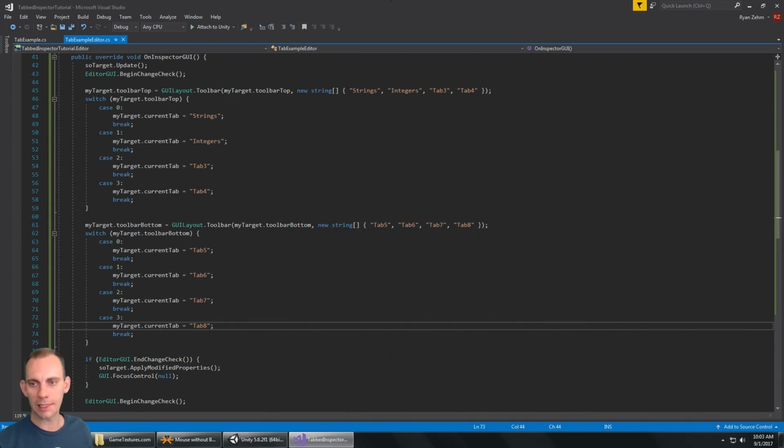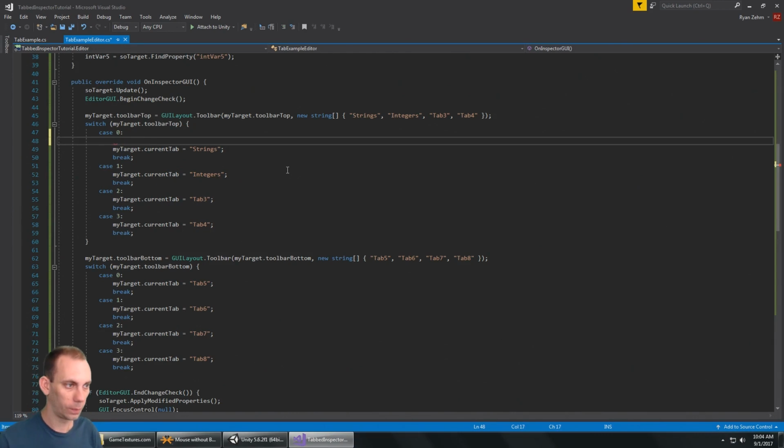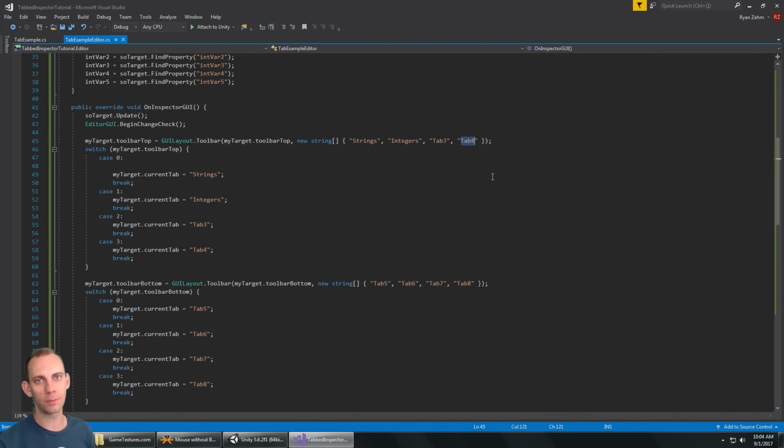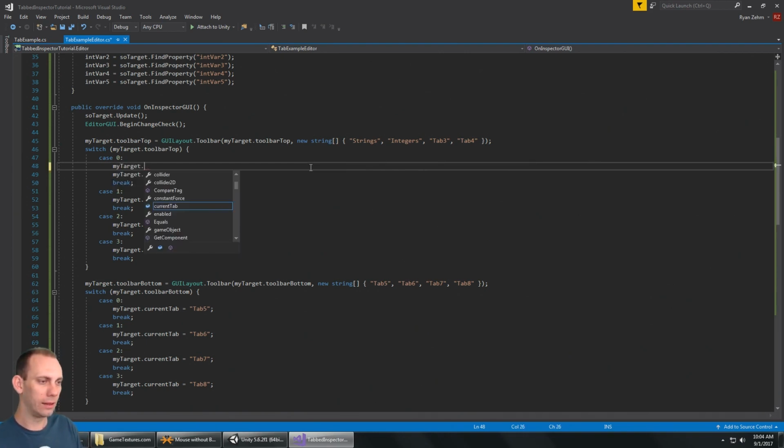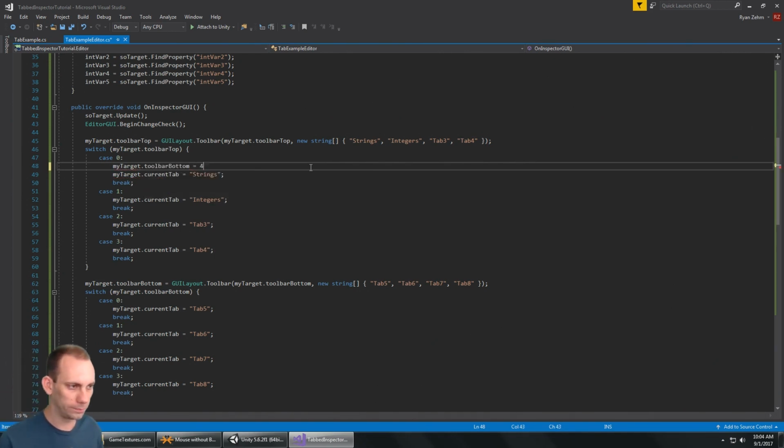The way that we're going to fix that is every time you click on a tab button, we're going to set the other tab to 5. And there isn't 5 tabs, so there won't be any tabs selected. So all we're going to do here is we're going to say my target dot toolbar bottom is equal to 4. So if I click on a button on the top, I'm setting the bottom toolbar